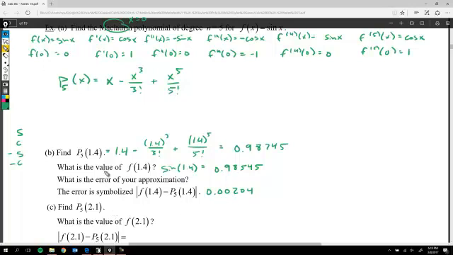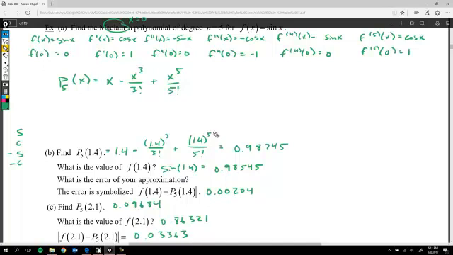Okay, then they're asking us to do it again, and notice what point they picked. So we started with 1.4, and now they're asking us to evaluate at 2.1, which is further away from my center. So remember, my center is 0. Okay, so at 2.1, I get 0.09684. The actual value of sine at 2.1 is 0.86321. So now I'm way more off. If I subtract these, I'm going to end up with an error of